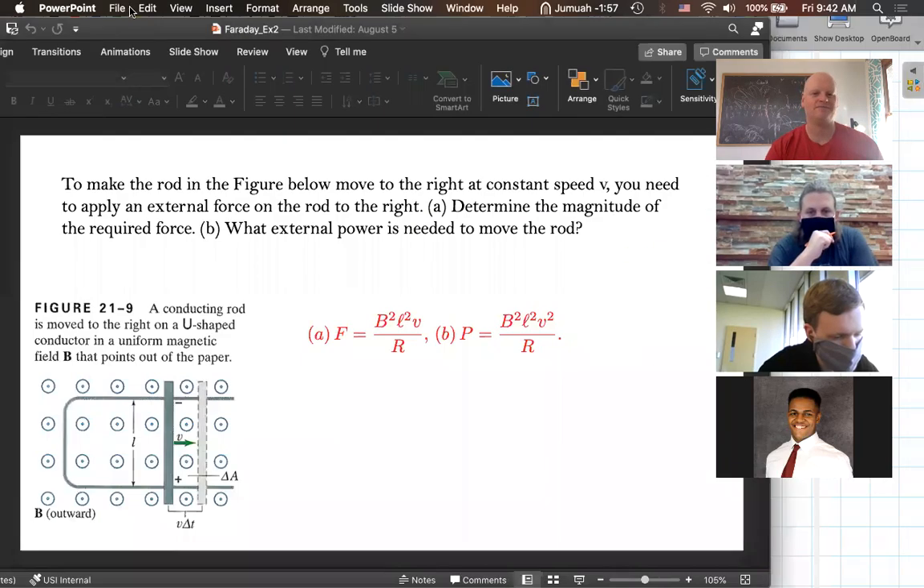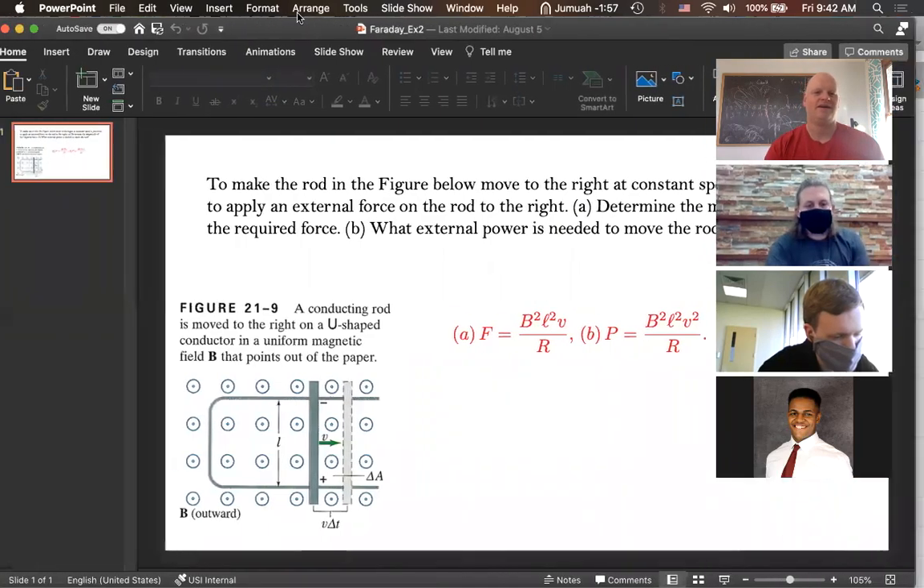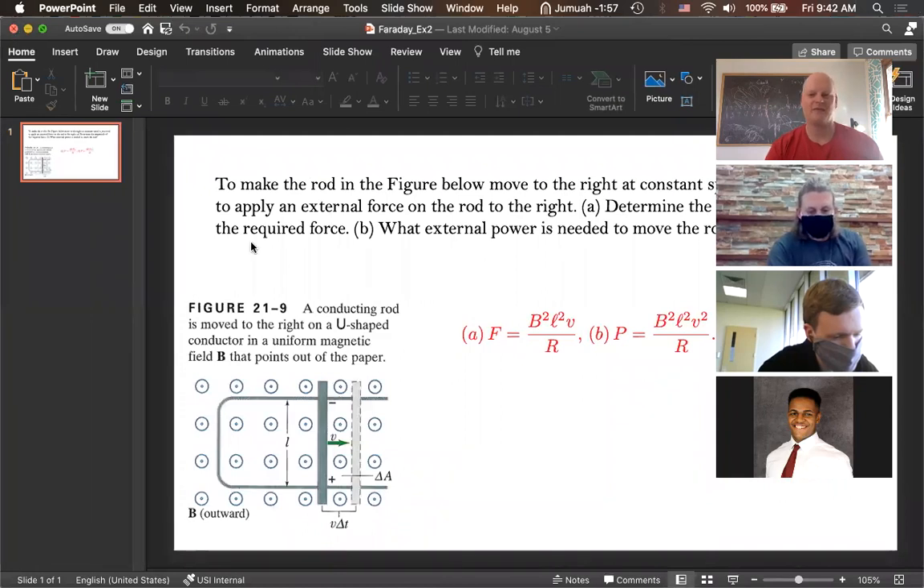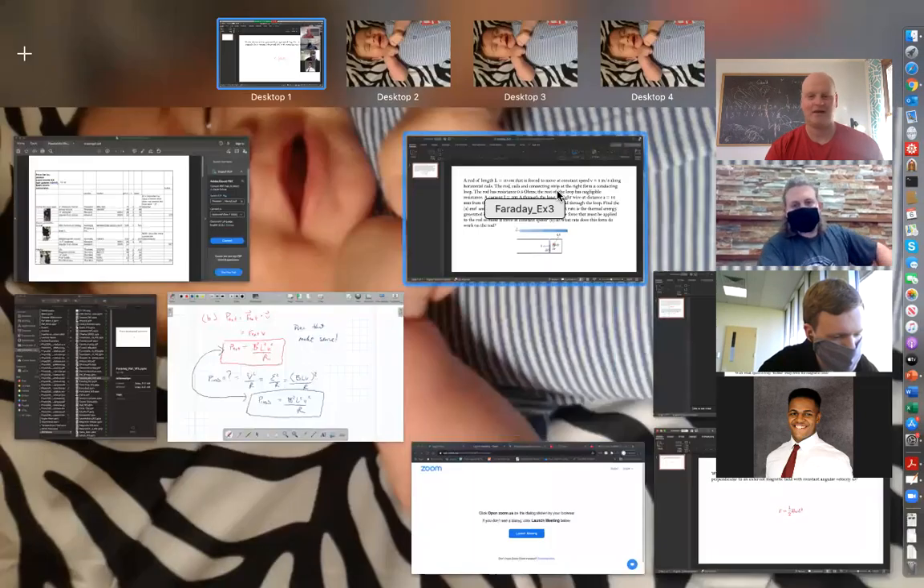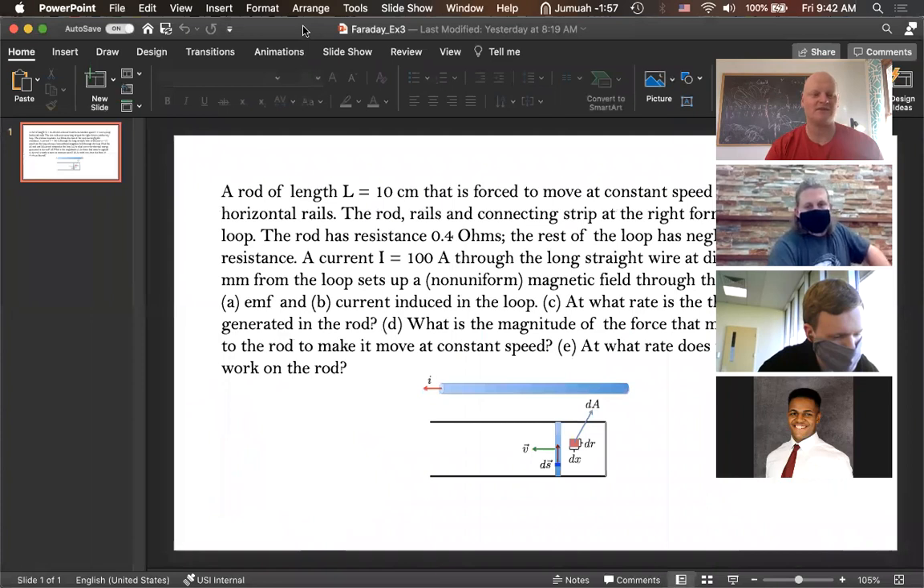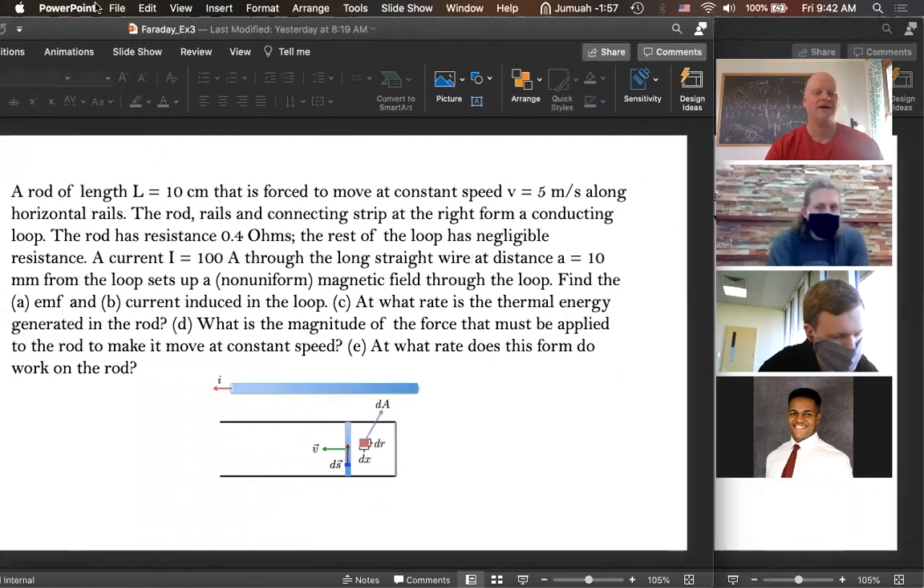So let's do another example. Let's do some calculus. That'll be fun. So my last example I have for you, so these are all basically motional EMF questions. So this one says we have a rod of length L equal to 10 centimeters, so that's this rod down here,